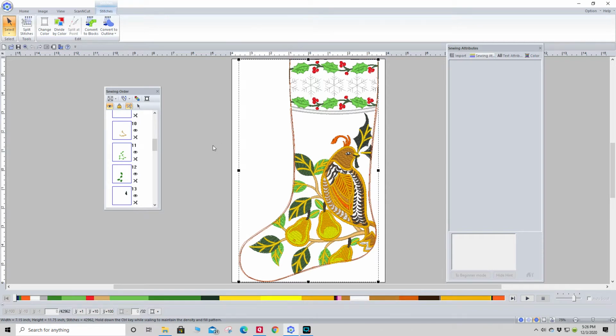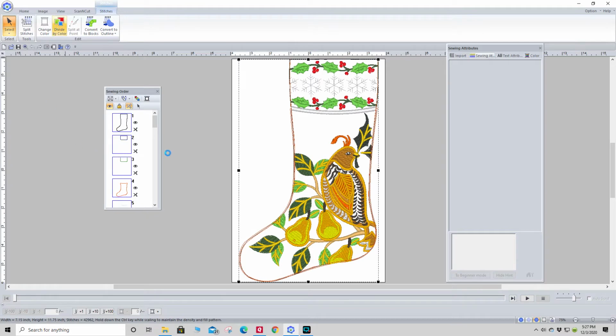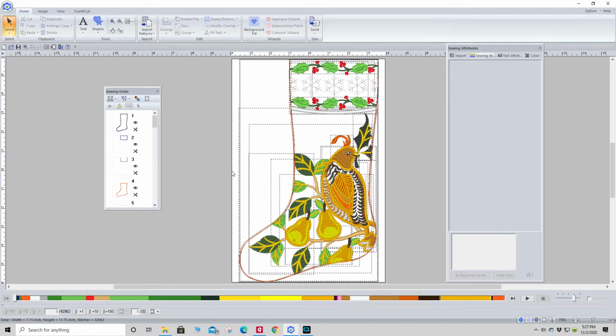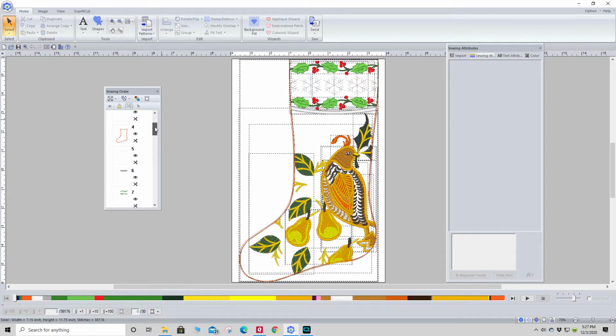So instead of that, what I need to do is go up to the word stitches and go divide by color. Once I've divided it by color, now you see it's got boxes around multiple parts, and I could just click on this and delete it with the delete key, and this, and go through that way, or I could go down in this stitch box,